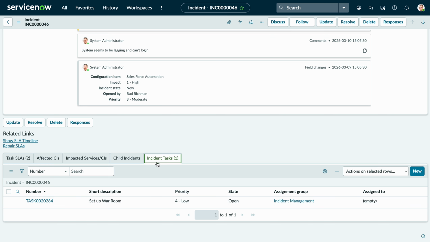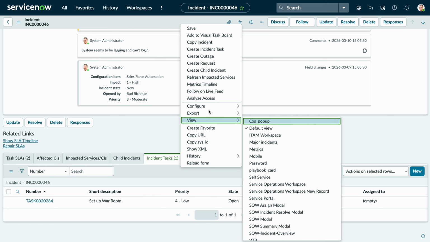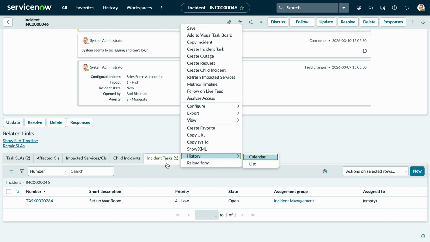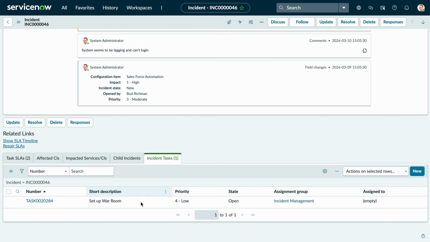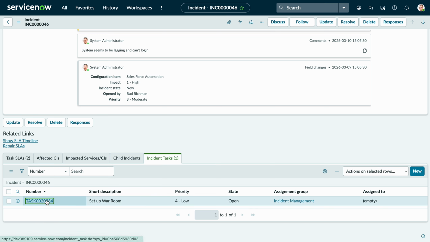set up war room. Now, I've had to add this related task list, and it can be very easy: you just go to configure, related list, and then search for incident task, you will find it there. But we can see it has been set up. Now, if I open this record here,